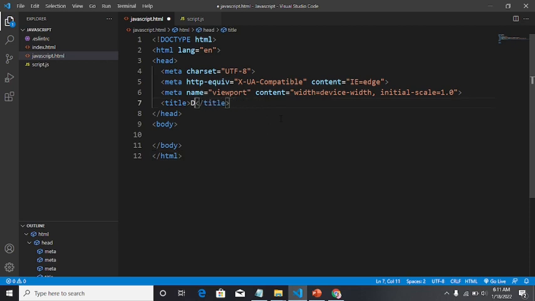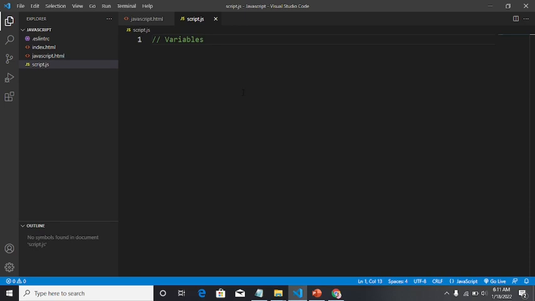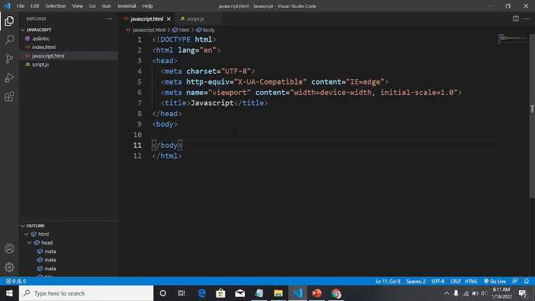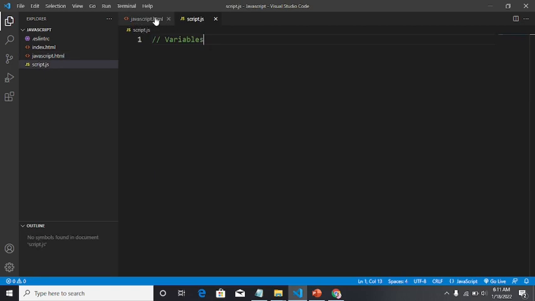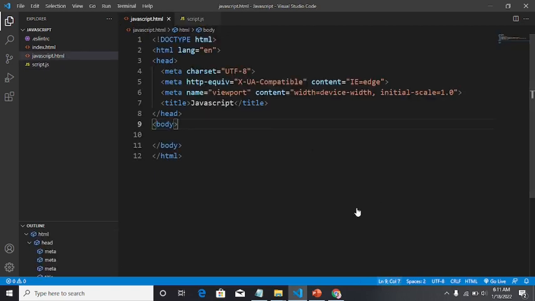You can change it to JavaScript like that. And let me just save it. And now here is where we are going to write our JavaScript. For us to make sure that our JavaScript is running, remember, as we have said in the slides, JavaScript is embedded within a web page's HTML. So here we are going to write,